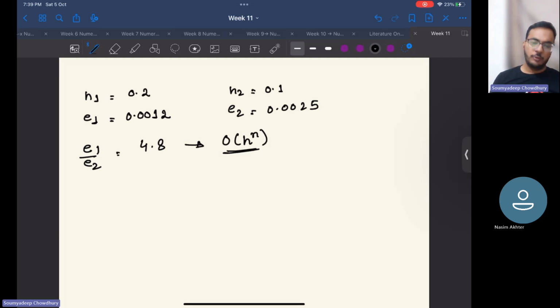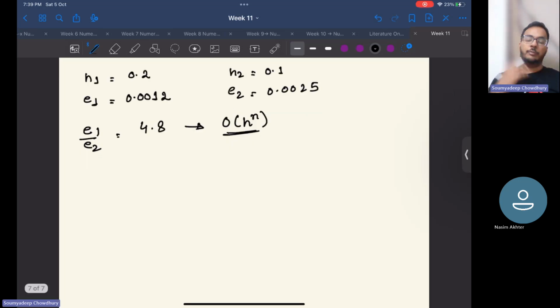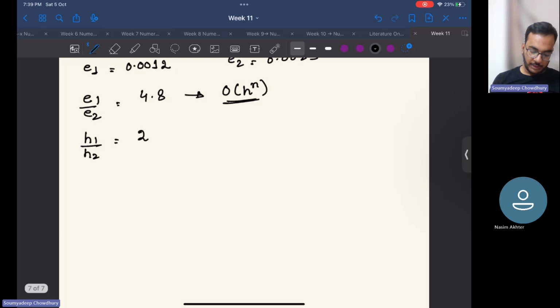So how do we say that? What we mean actually is, if you find out E1 by E2 we found out, and H1 by H2, that is 2, right? So by O of h power n we mean that E1 by E2 equals to